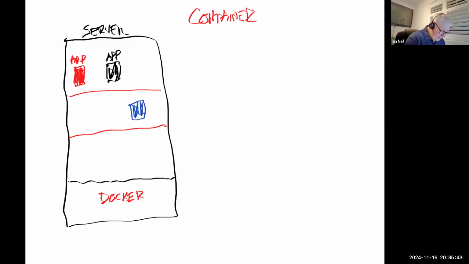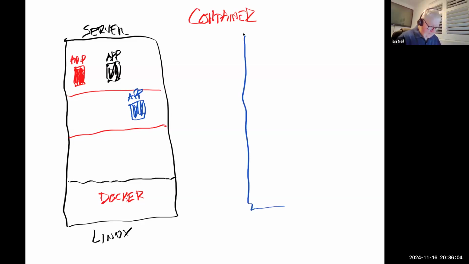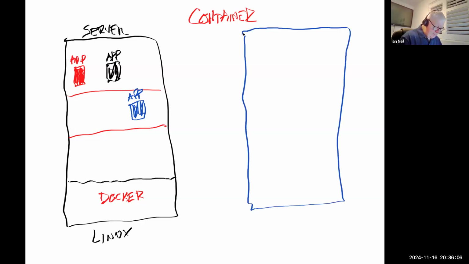Now, just like the fridge scenario, this one here, we'll make the black one Linux. Now, what I'm going to do, I'm going to actually get a blue fridge over here, or a blue server over here, and he is going to be Microsoft.